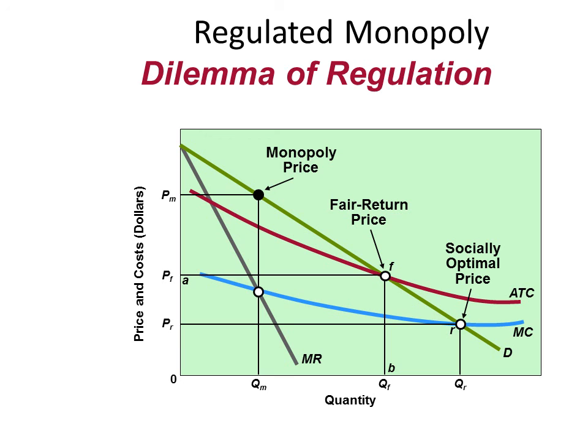Here's the real issue. This all sounds well and good because on a graph, you can label all of the prices: monopoly price, socially optimal price, fair return price. In reality, it's not this simple. This becomes even more difficult in the tech industry. Why? Have you ever paid for a Google search? No. Have you ever paid to use Facebook? You have not. Is Instagram free? Yes. I know you have to watch commercials on YouTube, but there's a lot of free content on YouTube.